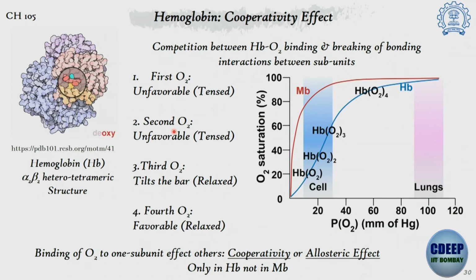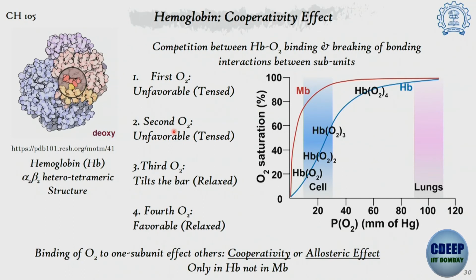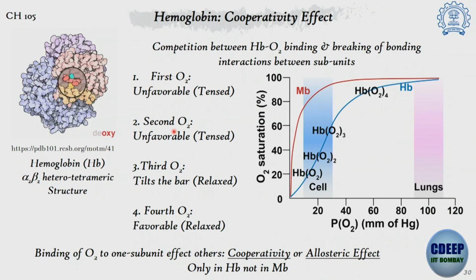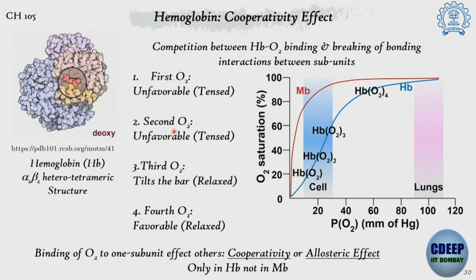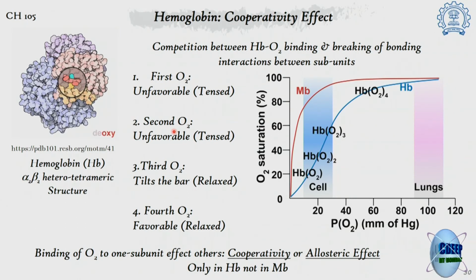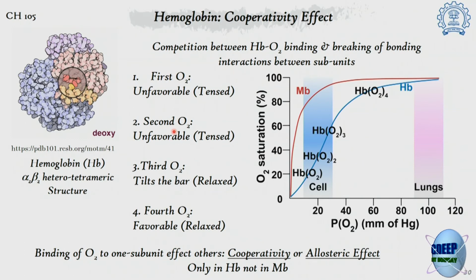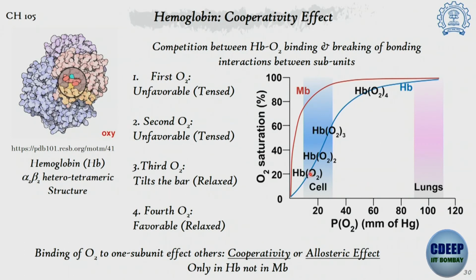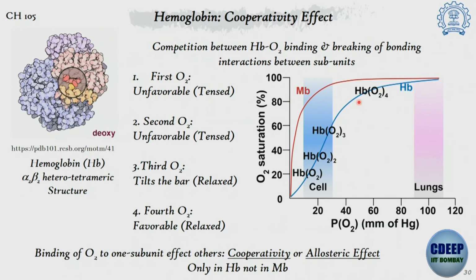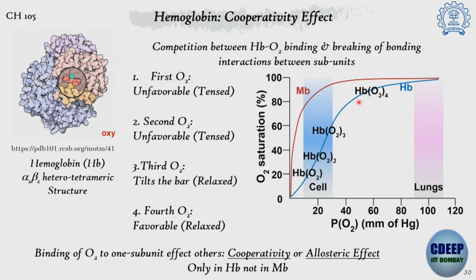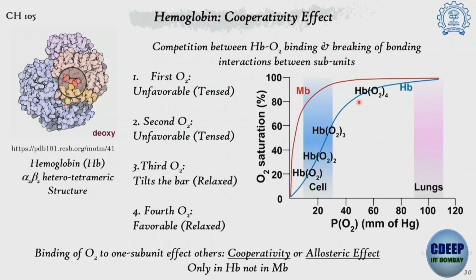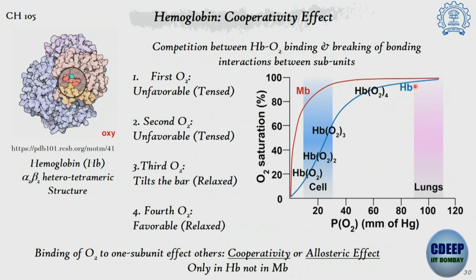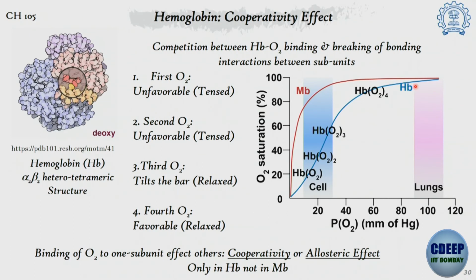The third oxygen binding gives enough energy through this iron-oxygen binding, so that energy can tilt over the overall tightly bound subunits of the hemoglobin and move them to a new dynamics, and over there they stay in a more relaxed state. And this third oxygen binding, as you can see over here in this graph, happens in the sharp rise. So, this sharp rise happens when the third oxygen binds, and once the third oxygen is already bound and relaxed it, the fourth oxygen binding will be very favorable. So, that fourth oxygen binding happens very easily. So, that is the overall reason for the cooperativity.